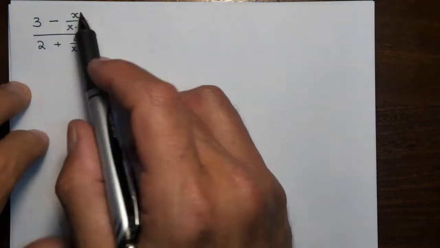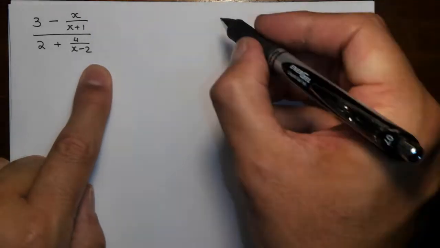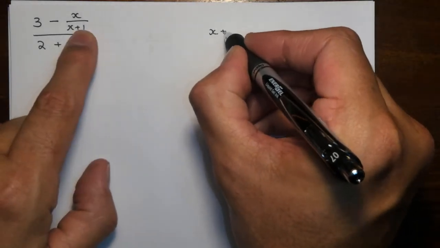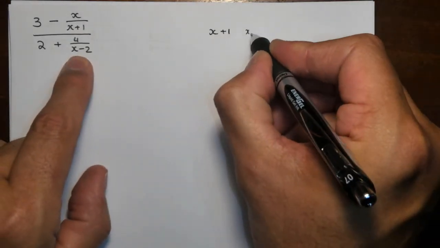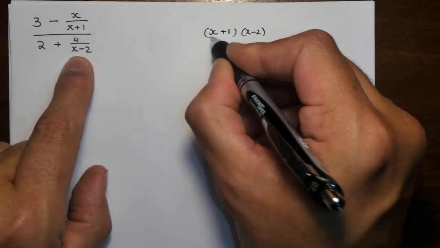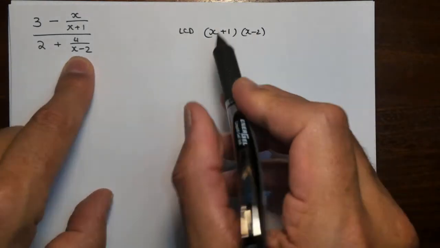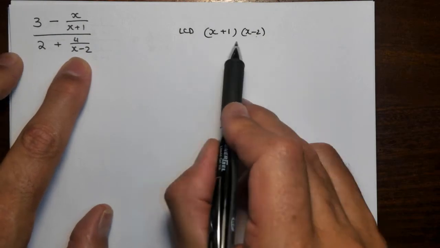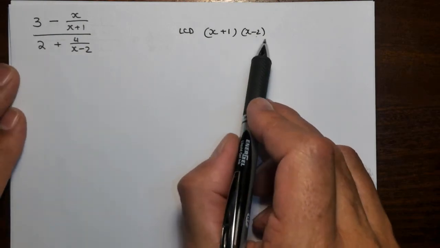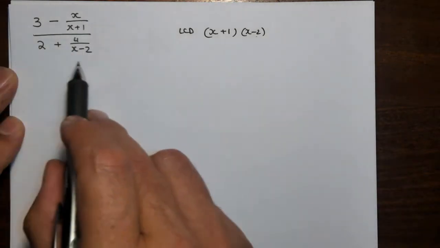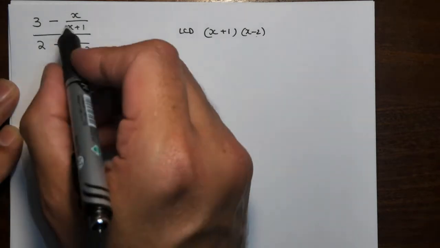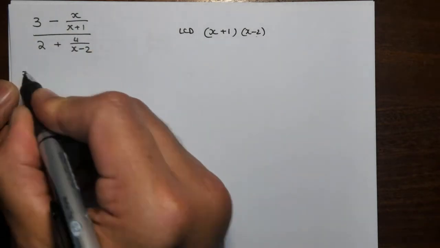For this complex fraction, I have two denominators: x plus 1 and x minus 2. So I know that my LCD for my fraction will be the product of the two. Okay, now let's see. If you did it the traditional way, the numerator, you will say, becomes, let me put